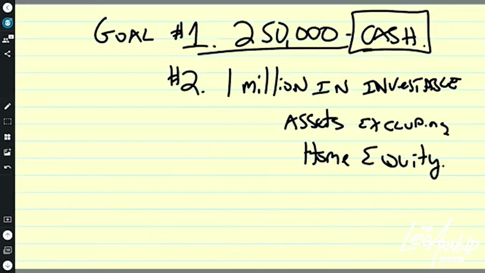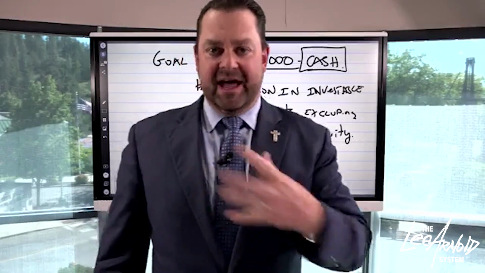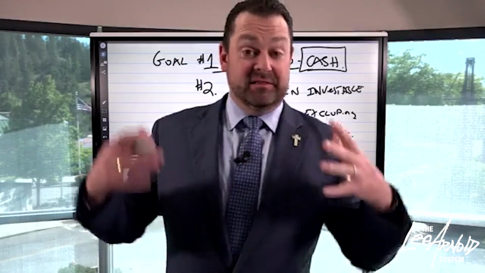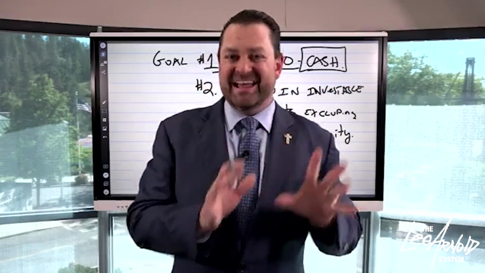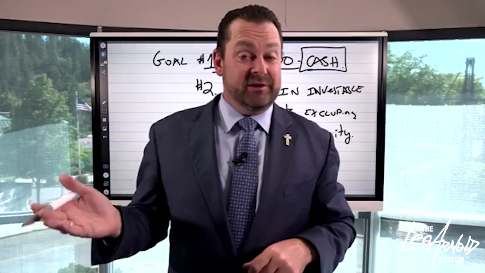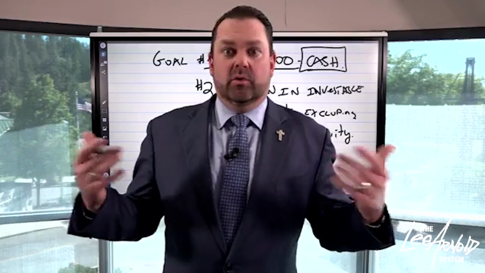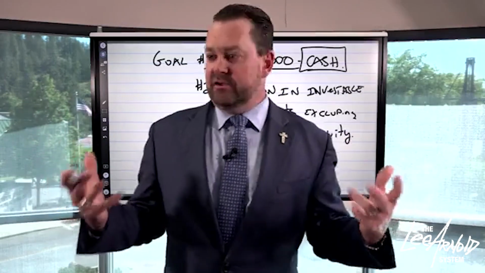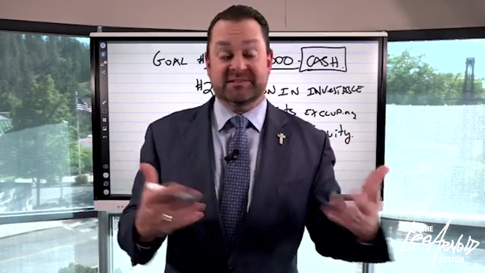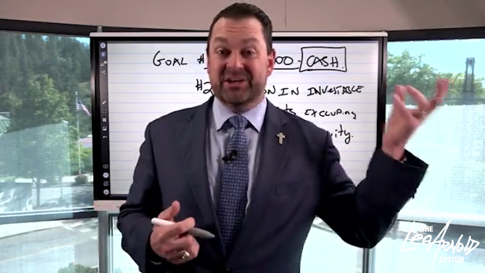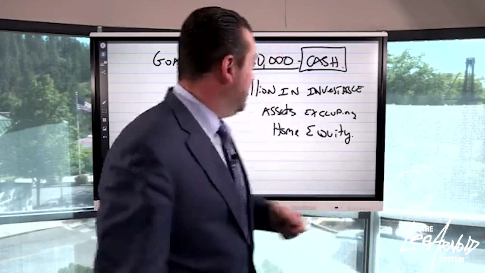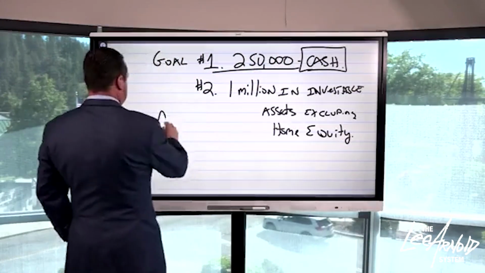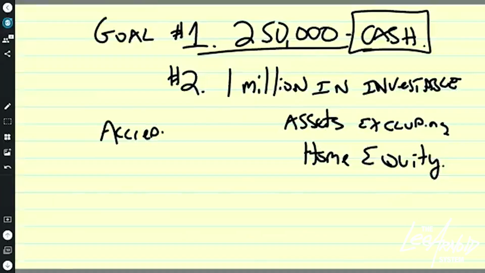I want you guys to have $1 million in investable assets, excluding equity in your primary residence. The greatest percentage right now of a person's net worth is tied up in the equity in their primary residence. When that's all the equity you have, you don't have any liquidity. You don't have the ability to invest, and you're not accredited because you can't use the equity in your primary residence to say, I'm accredited. And that is the goal. I want you to become an accredited investor.